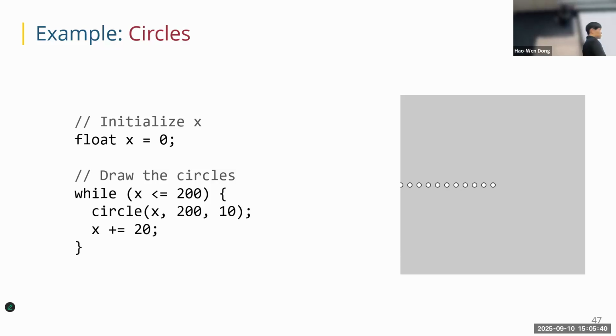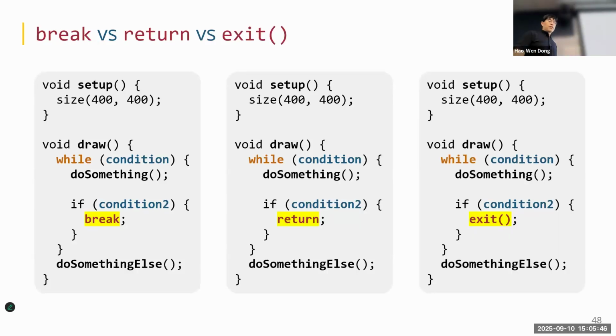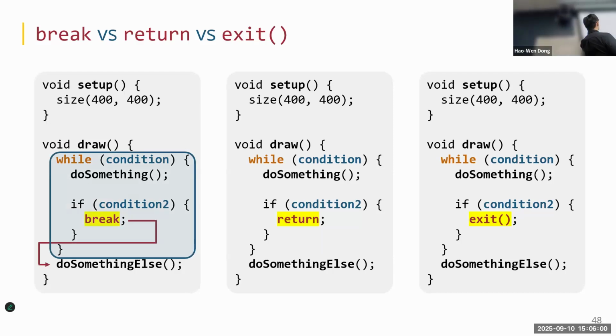this is true, then we do this. So that's basically it, pretty straightforward. Now you have break, return, exit, and we talk about it. It's a little bit tricky because there's different scope, and by doing a different command, you will go to different places. So if you do break, it will get out of the innermost